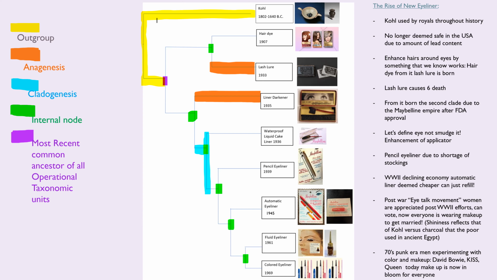Then finally, post-World War II, we see the cladogenesis of a new last group of clade that represents the eyeliner that we know today at the last internal node. At this internal node, we see the most common ancestor of the two terminal nodes or OTUs of our fluid liner or colored eyeliner. Their divergence was caused by the fashion movement, and while the fluid eyeliner focused on the post-World War II movement, where women were appreciated for their war efforts and could vote, and now everybody wanted to be married, the second